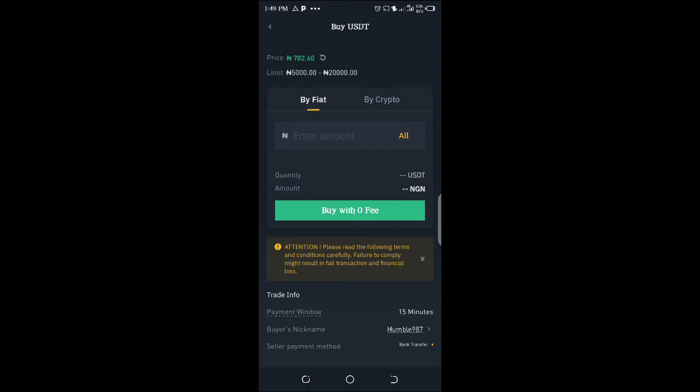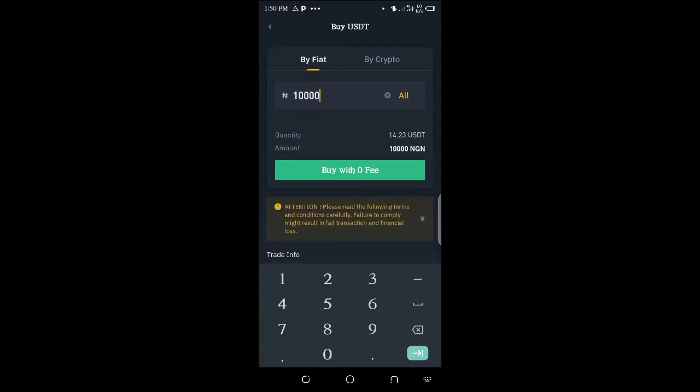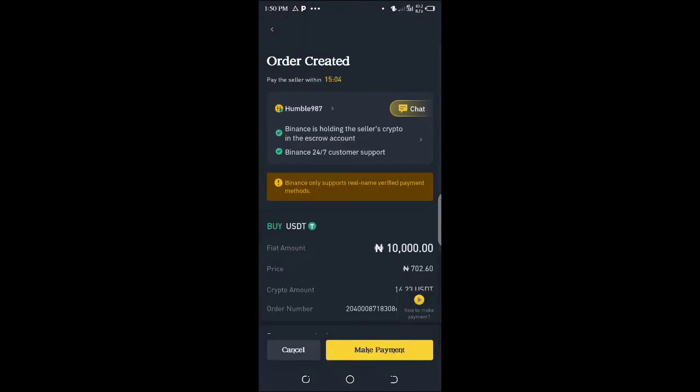Let's say you want to purchase USDT worth 10,000 naira. So you're just going to input 10,000 naira in this box, and then the next thing you're going to do is to click on buy with zero fee. All right, so let me click on buy with zero fee. So you can see that the order has been created and you are being mandated to pay before this 15